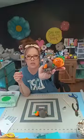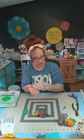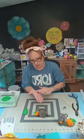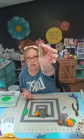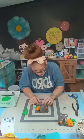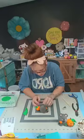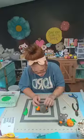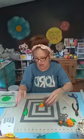Okay, so then we're going to take our green and now we're going to do the little viney wispy thingies. So we're going to take another little ball of our green. And we're going to do like we did with the tail trick. We're going to roll a log out and we're going to taper it on one side and on the other side. Okay. And I put one down here, just right where the foot meets our little pumpkin guy. And then you're just going to curl it just like you did the tail. That's one. And then I think we're going to put one more